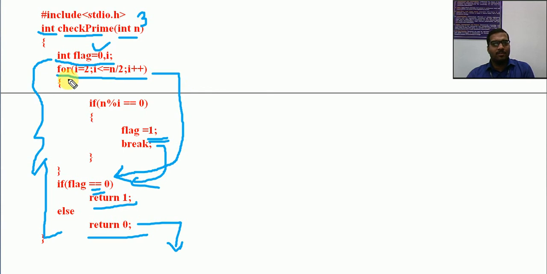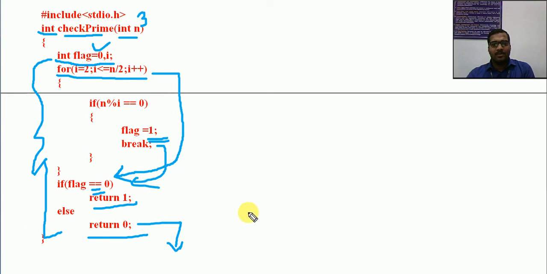So for example, if you initialize flag is equal to 1, now according to the condition here we can set flag is equal to 0, then break. Then here you can write if flag is equal to 1, return 1. If flag is equal to 0, return 0. That is also possible. But don't be confused, that must be matched with the logic of the program. Okay, so this is the exact logic that is used in our normal prime check.